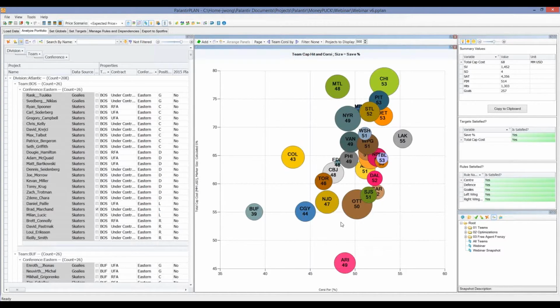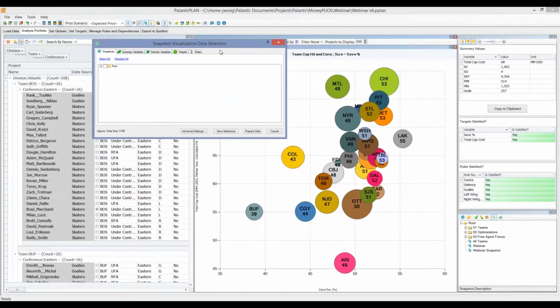So going back to my optimization, where does my optimal team actually fit on this chart? How does it work in with the actual NHL? So we can use these snapshots. Right now I'm just comparing all the different teams in the NHL, but I can also compare the snapshots of a few optimizations I've run offline. I've got a $51 million budget, a $69 million budget, and then just an unlimited budget